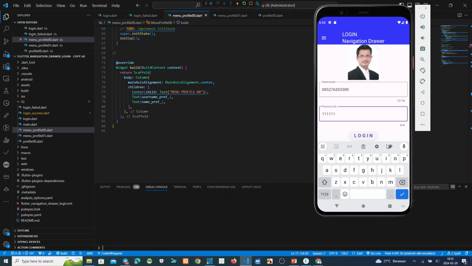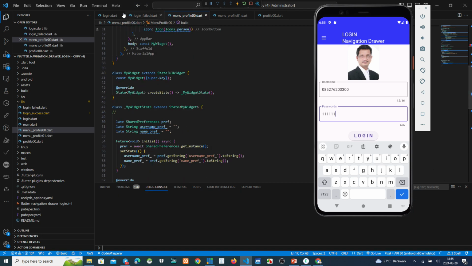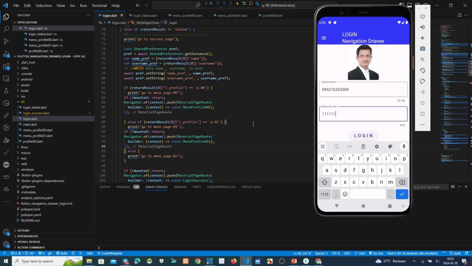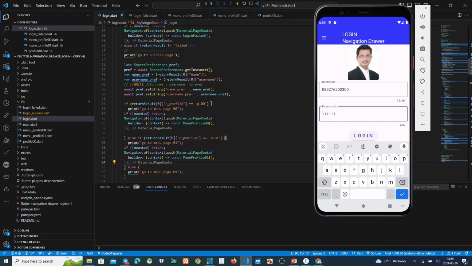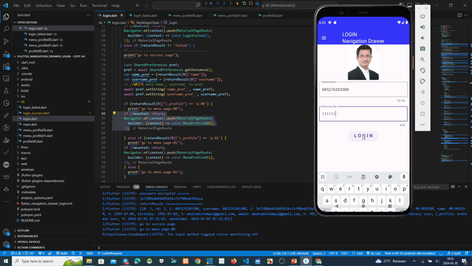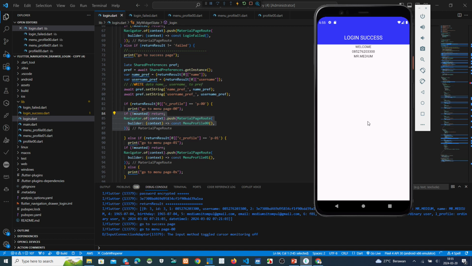Okay, you see this one? After we log in, if my profile is 00, this script will navigate to the menu profile 00. See this one, after we make a login. Login success.